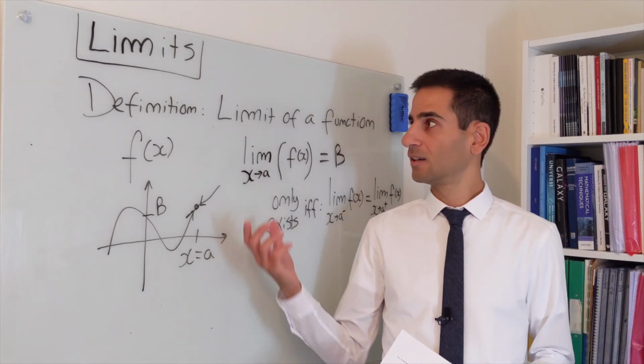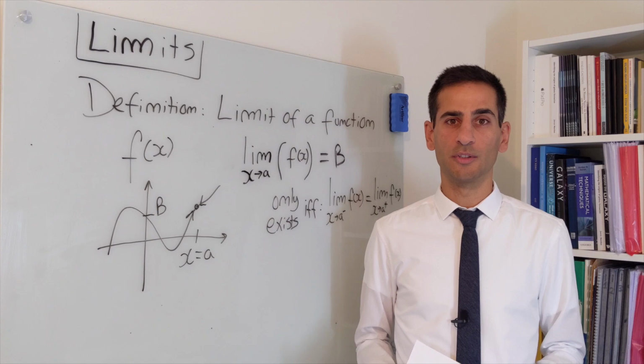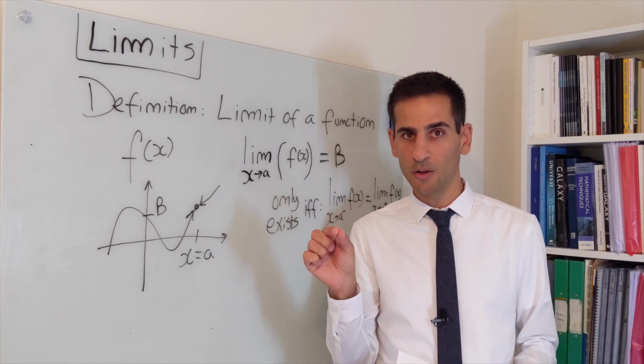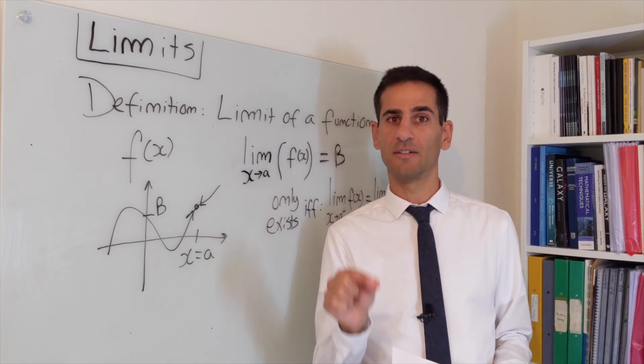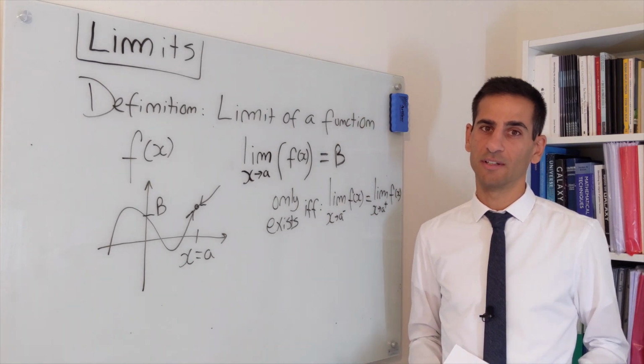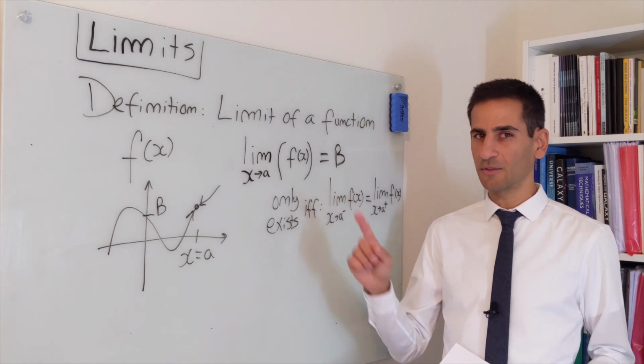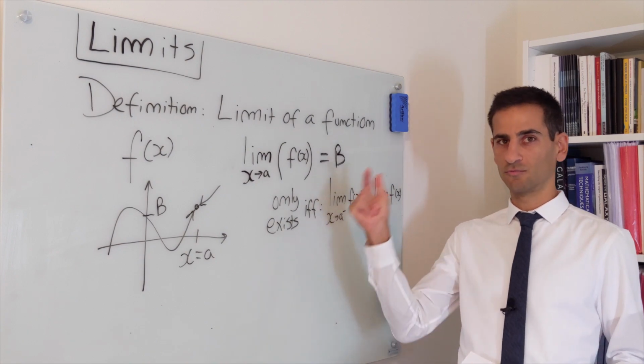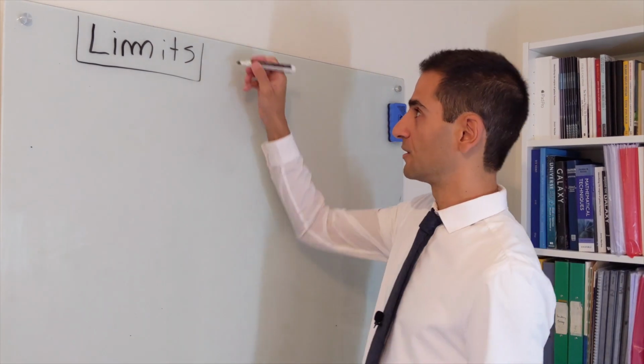And on top of that, limits will be crucial to define these incredibly small quantities, very close to zero but not zero, that are actually part of the definition of a derivative. So let's try an example. You can also find this in section 3.3